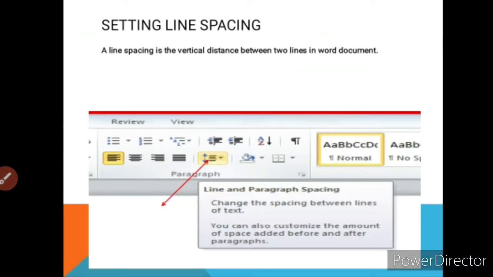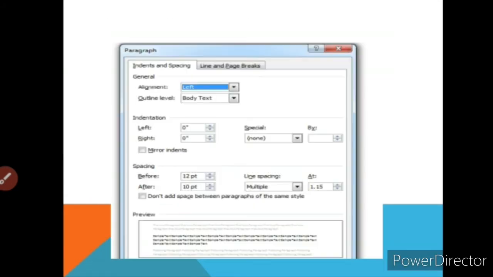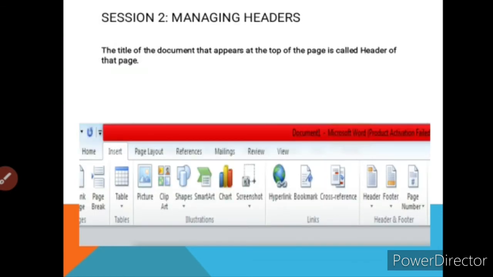Then setting line spacing. Setting line spacing means that if you want to apply it directly, you just have to click on this. Again you have to go to the home tab, choose the paragraph group and select this option. The drop down menu will appear. You just have to click on it and you can apply. The values are given like 0.5, 1.0, 1.5 and so on. You just have to apply according to your choice. Okay, so this is the basic thing of applying your spacings.